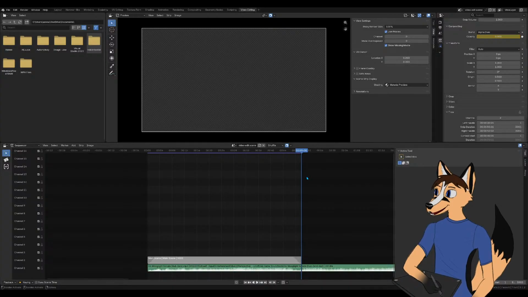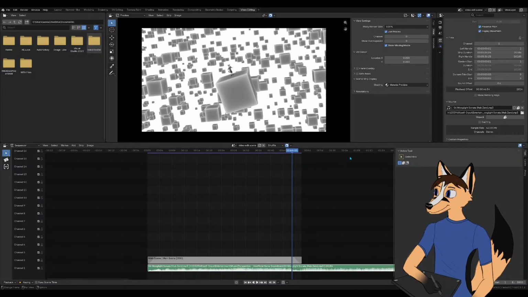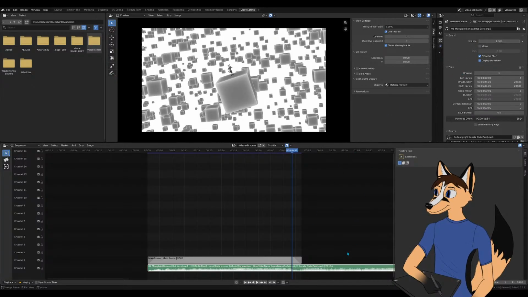And actually I kind of want to do the same with the volume. I just want to fade from current frame.